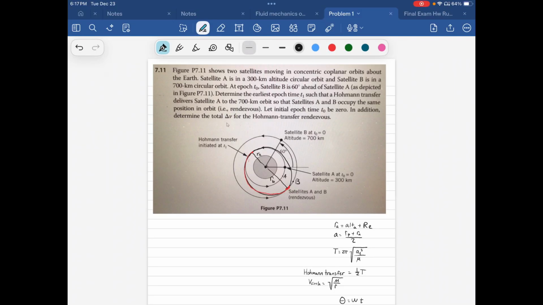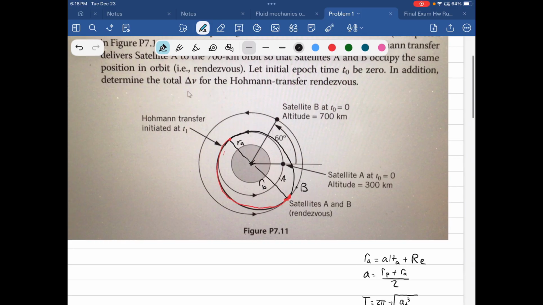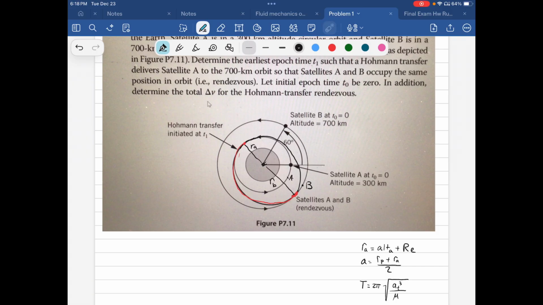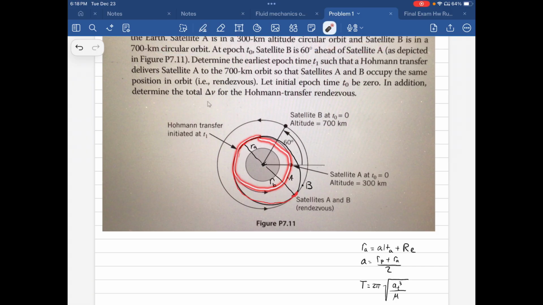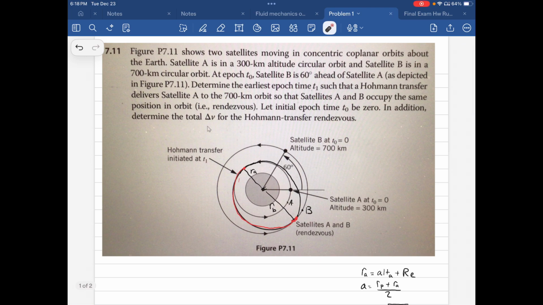Today we're going to be going over a basic Hohmann transfer problem where we have this orbit A, a smaller orbit, and then we're trying to go into this orbit B, a second larger circular orbit. And we have satellite A here and satellite B initially positioned here 60 degrees apart. So if we look at the problem, figure